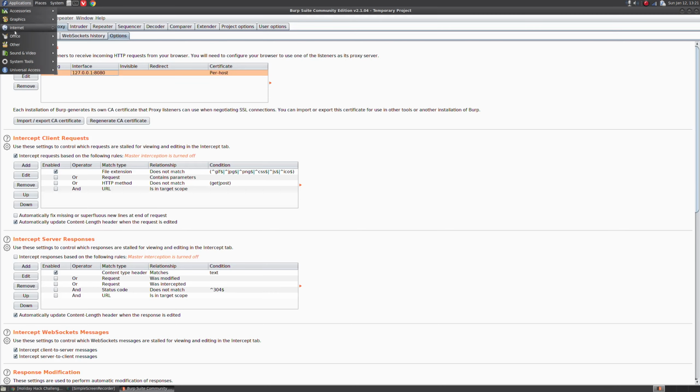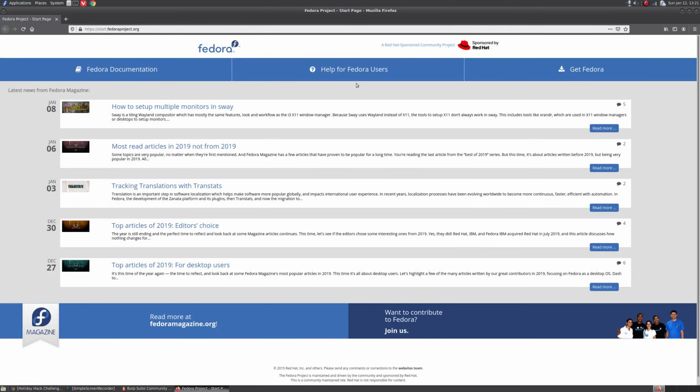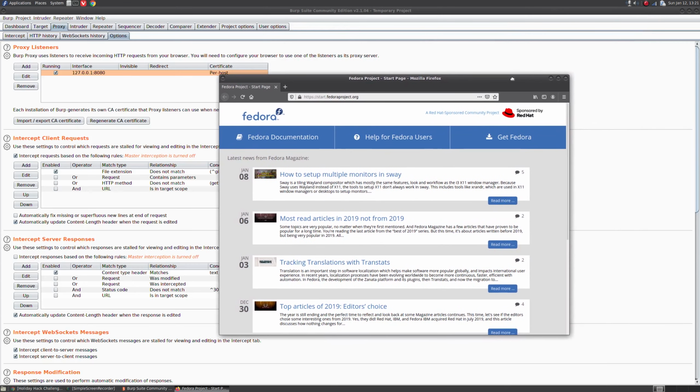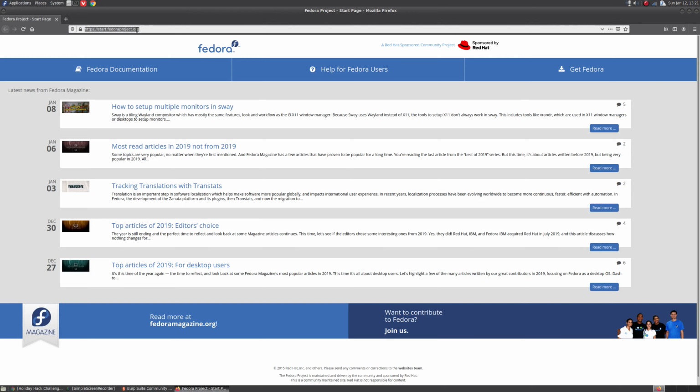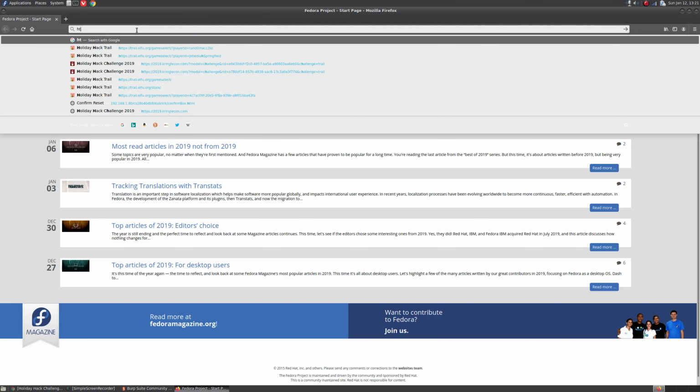And I already have Firefox. Actually, most of my hosts, I keep Firefox set up to only run with Burp, and I just use Firefox as my web app pen testing or auditing browser. A couple things to get this set up, since I already have it set up. A couple gotchas if you haven't worked with this before. You'll want to export your CA certificate, or in Firefox you can just go to